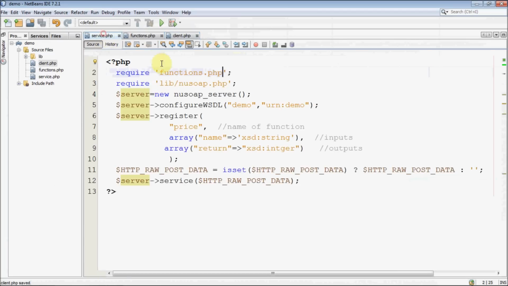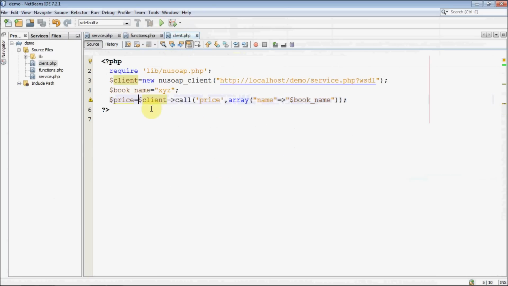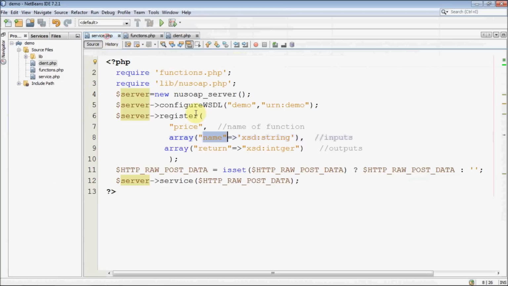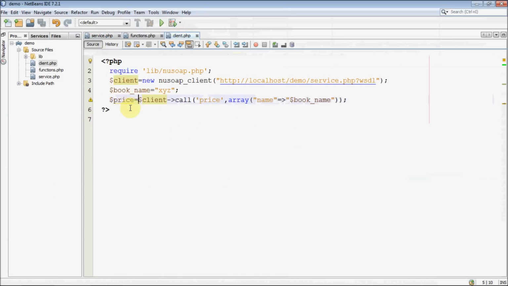On the service side we have created a function, a web method with price, and it will accept one parameter, that is name, and it will return an integer. And the same thing here, we are calling that price function with the input name, and it will return an integer, that is our price in our task.